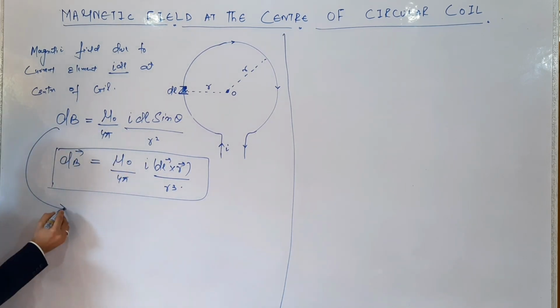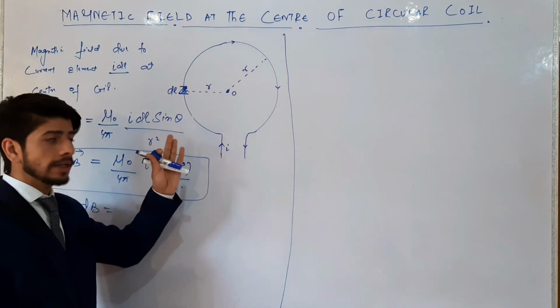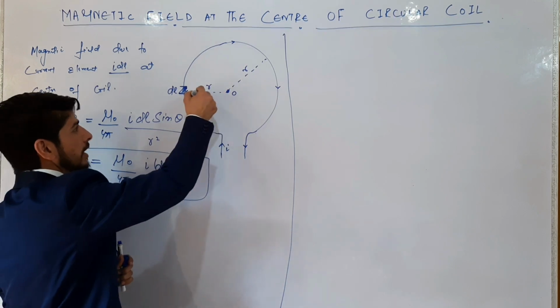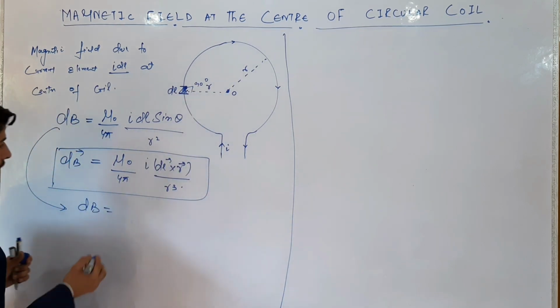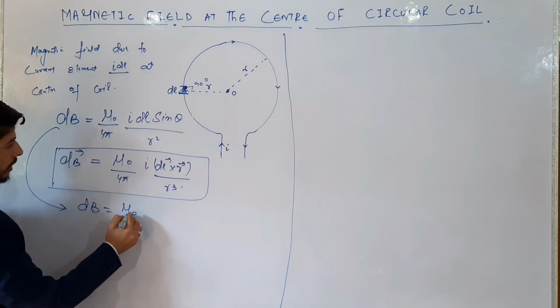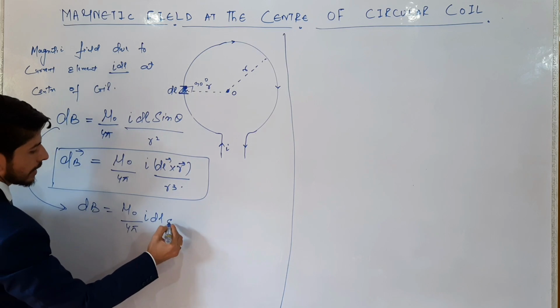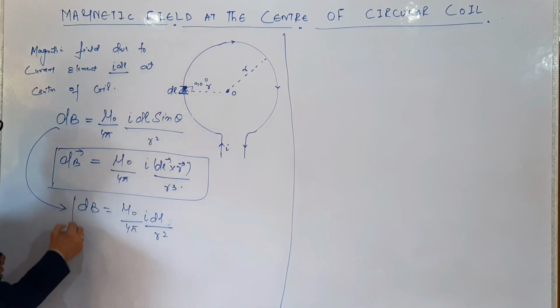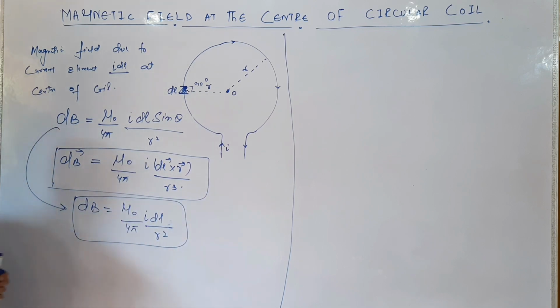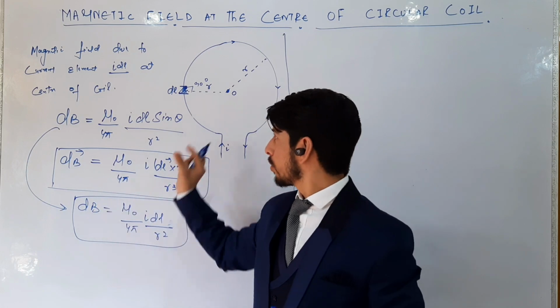Now we will see what dB will be. What is the angle at every current element? The angle between the radius and the current element will be 90 degrees. What will sine 90 degrees be? That will be equal to 1. So dB will be mu naught upon 4 pi, I dl sine 90 degrees, that is equal to 1, upon R square. This will be the magnetic field at the center of this circular current carrying conductor due to this small